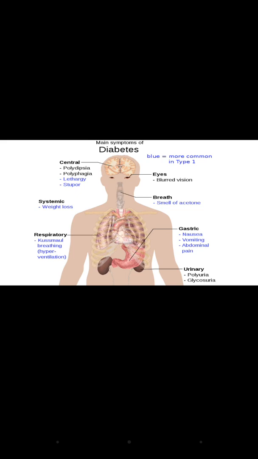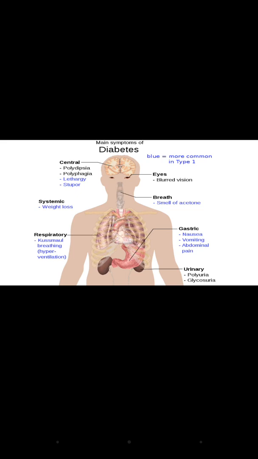Okay, so those which are in the blue color are most common in type 1 diabetes mellitus. So there may be polydipsia, polyphagia, lethargy, or stupor. Stupor is a condition in which the person lacks critical mental functioning ability and level of consciousness. The person mainly becomes very rigid, becomes mute, and only appears to be conscious as the eyes are open, and the person can follow the surrounding objects, but most of the time the person appears to be in a sleepy state. Okay, then weight loss, then Kussmaul breathing, that is hyperventilation.